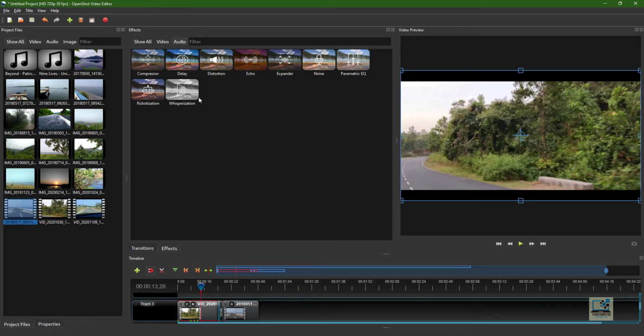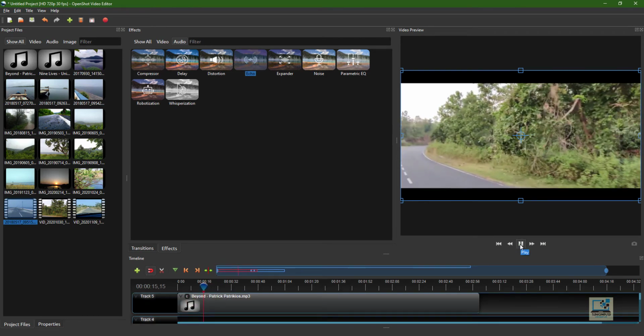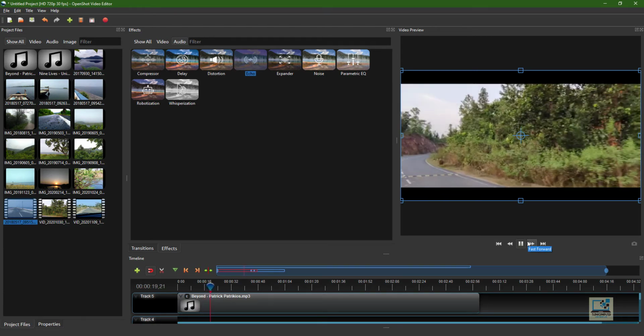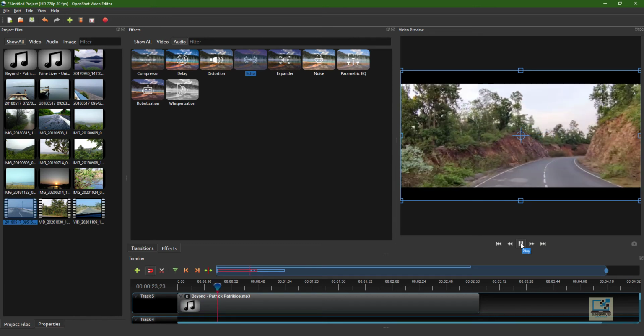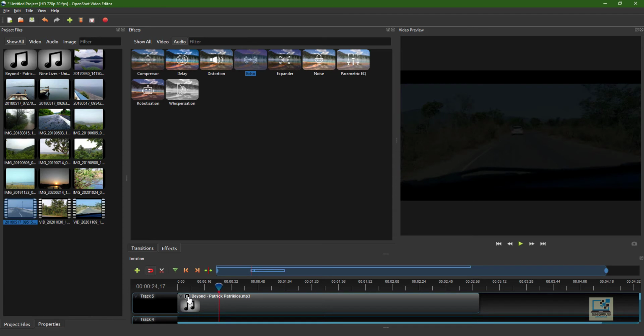In audio also you have many effects like delay effect, compressor, and echo effect. If I apply the echo effect in the audio file, the audio is echoing actually. Okay, if that is suitable for your audio file, you can use it. I am not going to use it because it's not sounding good in my project.